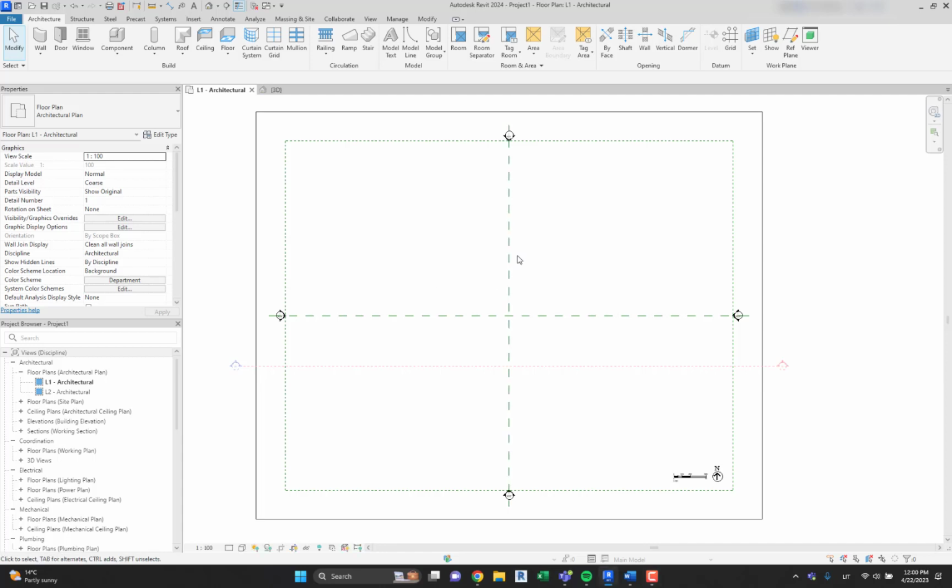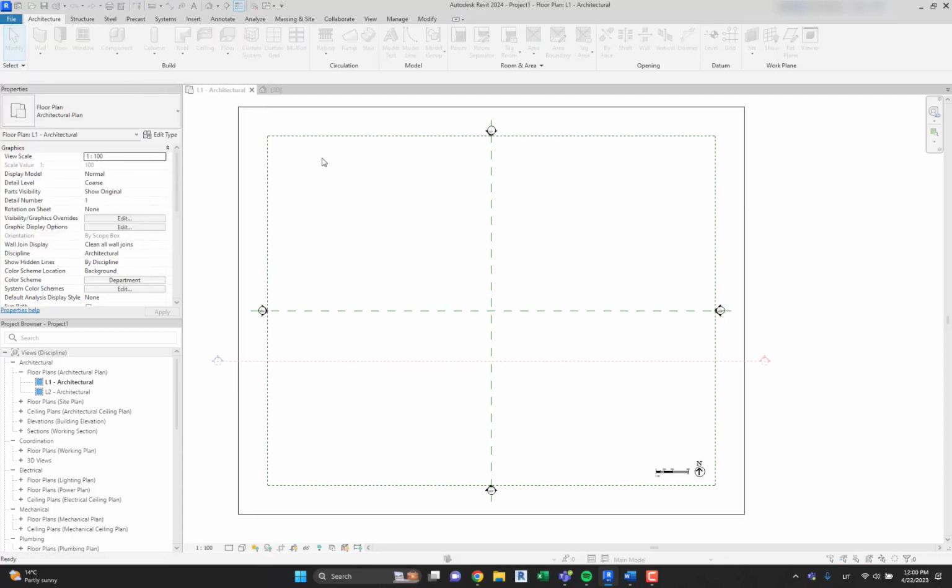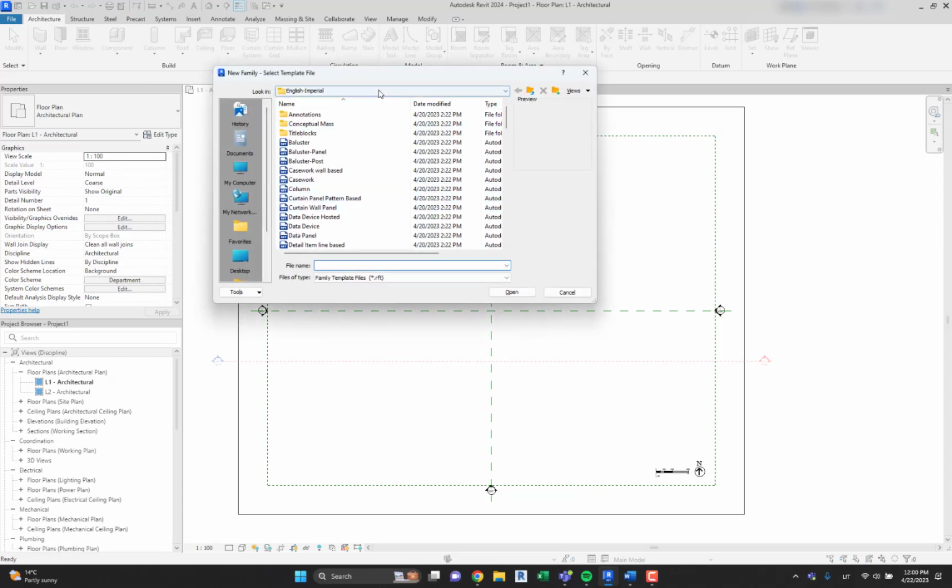So now let's open up the family project again, and this time, first of all, let's go to the metric, because I am a European who is not based in Great Britain. And now I'm gonna check phase-based templates. So here it is, metric generic model phase-based, as well as